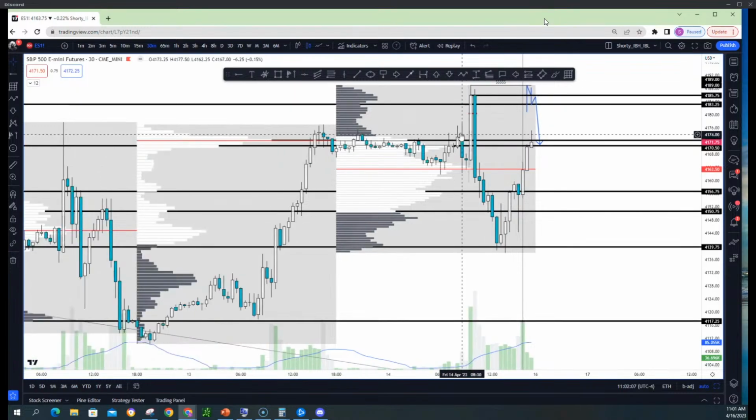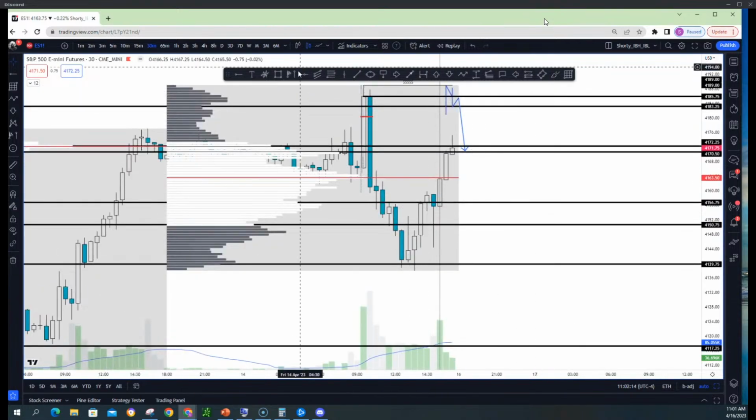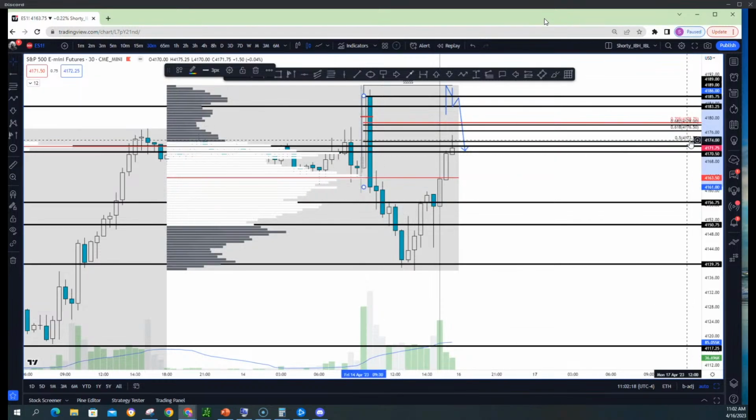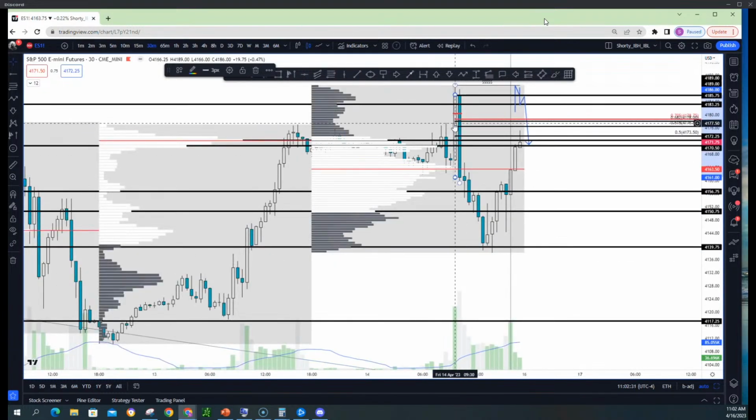They should have taken this out high here and closed above it here. They should have closed about 41.77, which would be probably 50% of this candle here, 41.73. So they really needed to close above this if they wanted to make any noise over the weekend. So if they attempt again and they fail, then you know what time it is. There's a lot of selling. And this seller was able to take out this fake demand from pre-market.